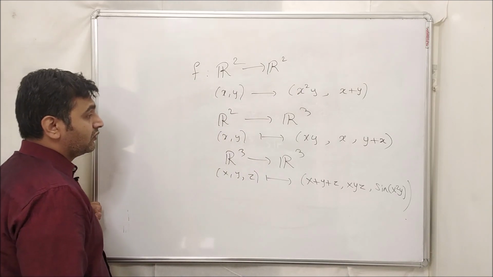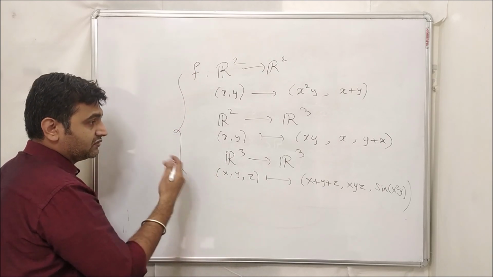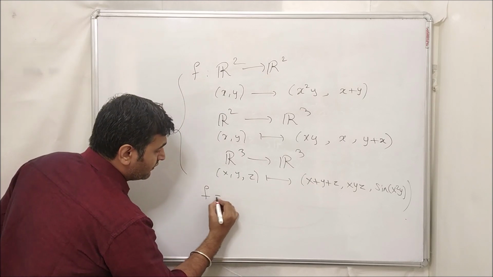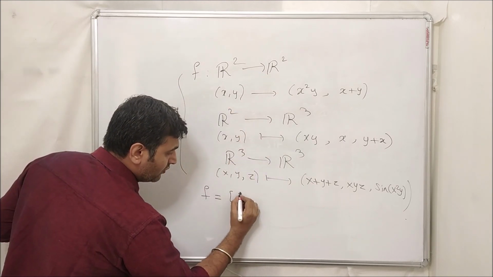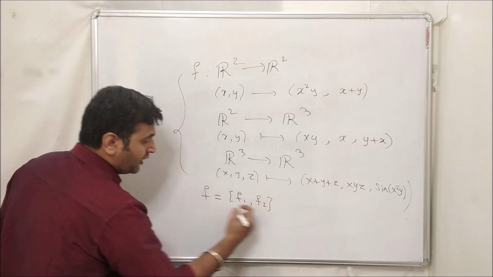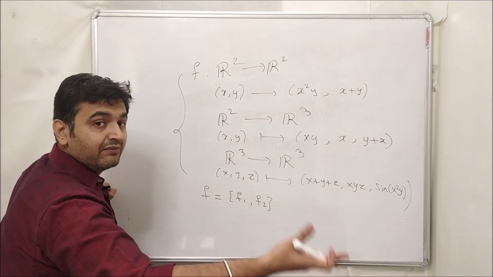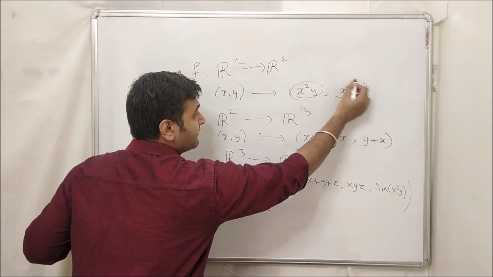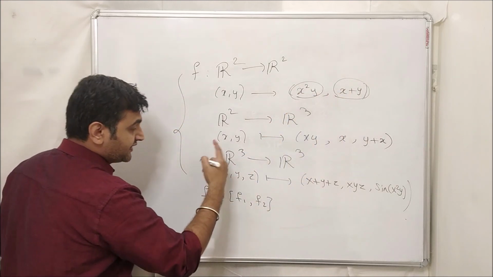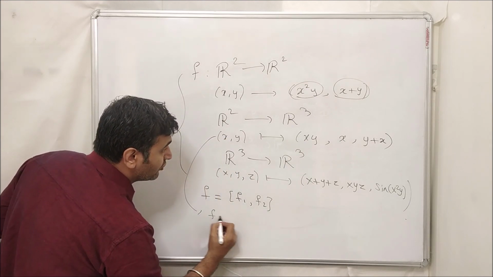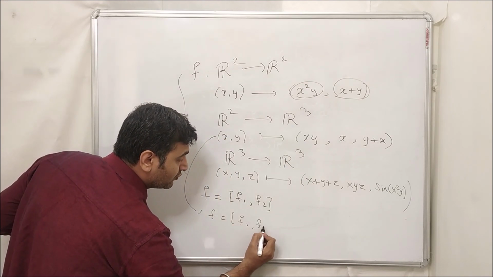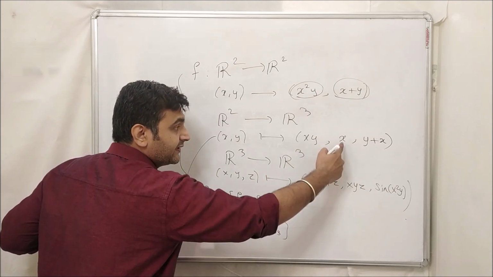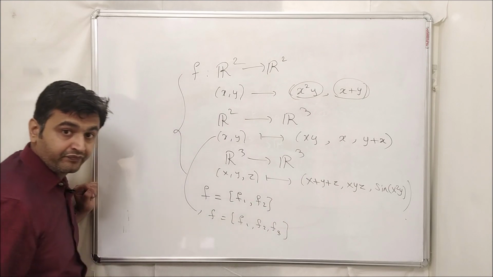Okay, so either they will give you explicitly what the function is, or sometimes they will say your f. For this they will write f equal to f1, f2, meaning the output of f is in two dimensional space, because it is something comma something. So here my f1 is this and this is my f2. Now for this case your f will be f1 comma f2 comma f3. What is f1? This is the first component xy, f2 is the second component, f3 is the third component.